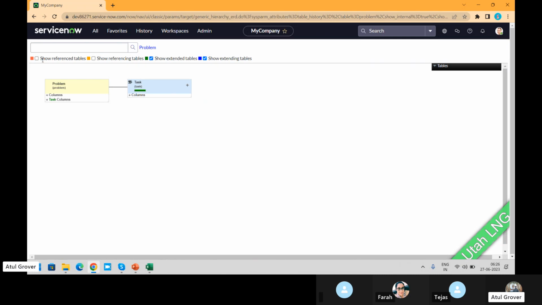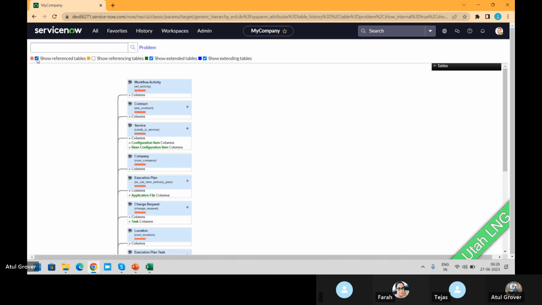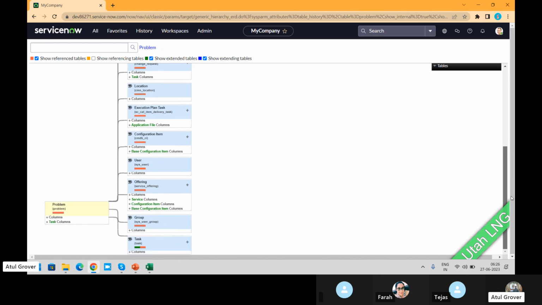Let me show you the reference table. On the problem, we are using these as reference tables: group, user, CI, plan, location are the ones. Clear? These are the foundation tables. In the problem, we will find these fields.